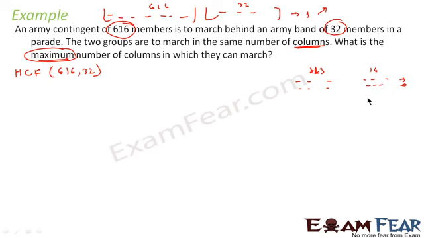We tried for 4, I think 4 works. So this 4 we tried, this becomes 8 each, and you divide 616 by 4, what do you get? This is 154 actually, 616 by 4 is 154. So we can do it in this way also. There are 4 columns there, but we are not sure about the maximum columns we can do.